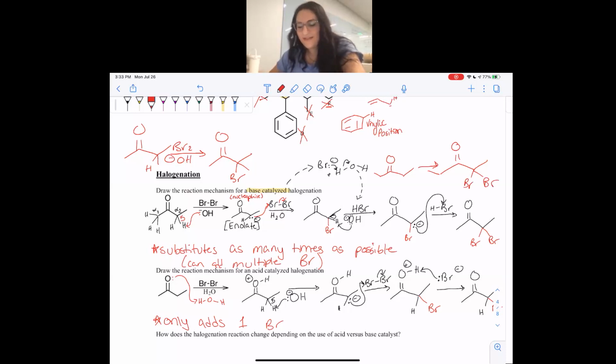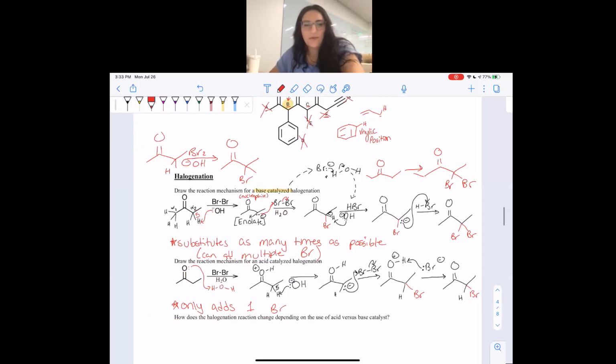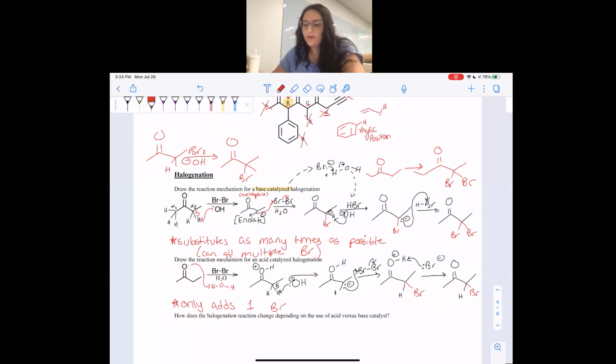Someone said, oh, that makes sense. Good. Okay. A lot of people have trouble figuring out where to put what with acid versus base, so hopefully this is pretty okay so far. I'll leave it up for a moment, and then we're going to move on.